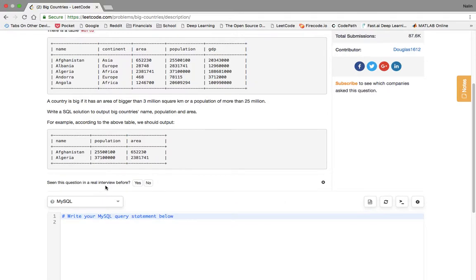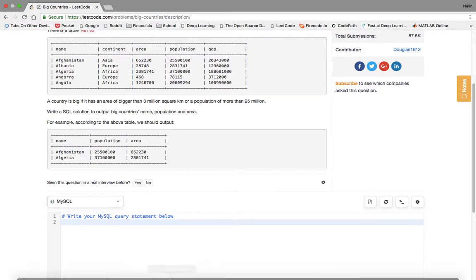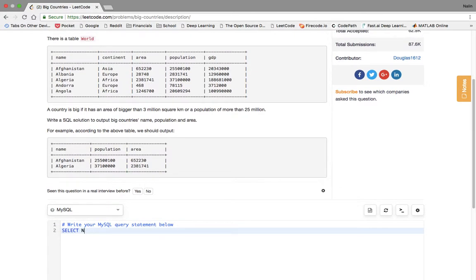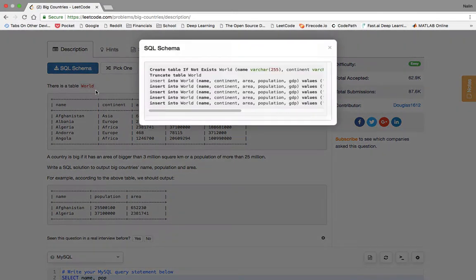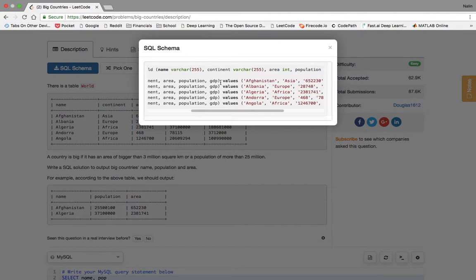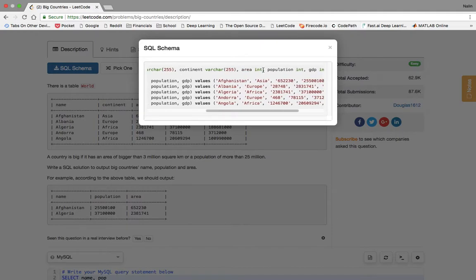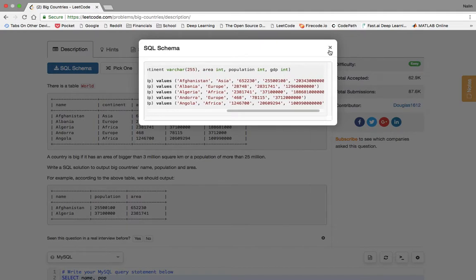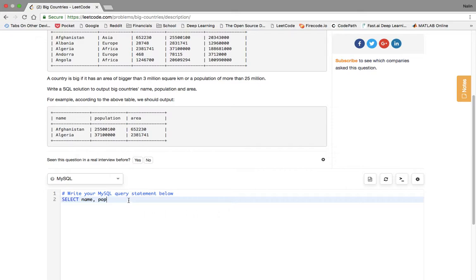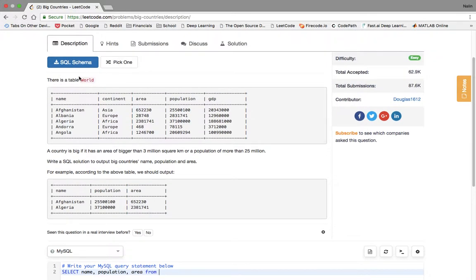So I'm not too great with SQL, but I can try. So we just want the name, population, and area. I'm guessing it's name, population. Let's take a look at the SQL schema. So as name, population, and area. Okay, cool. So select name, population, area from, what's this table called? World,